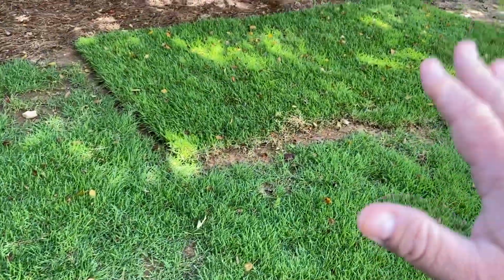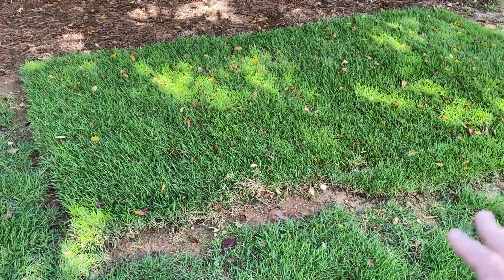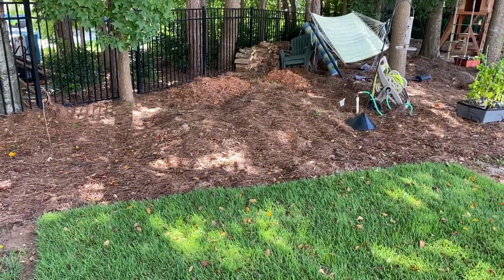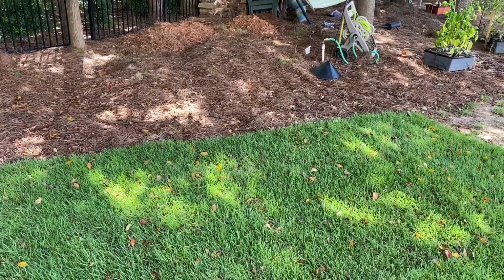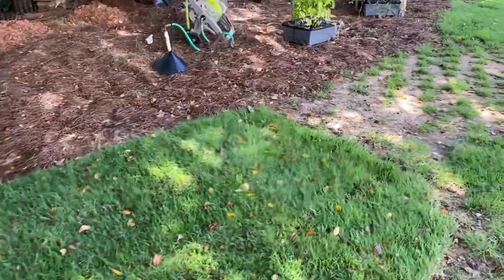This one area here was not doing as well. I'll explain why in just a moment, but since we had the extra sod, we just put a tiller on this, and unfortunately that's what we took up. I've still got to spread that or get rid of that. That was done after I'd already got everything into the trailer over there. So this we dug up and put down sod here, and what was going on was,